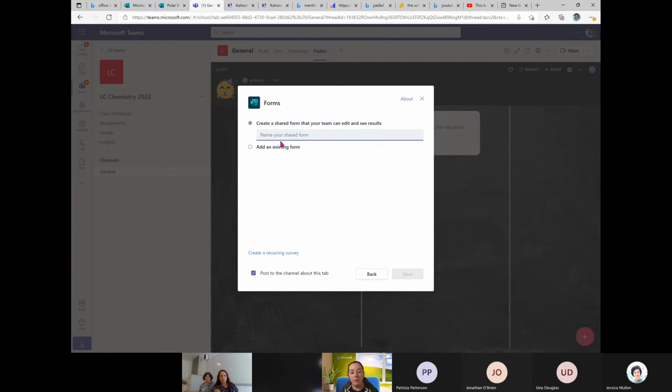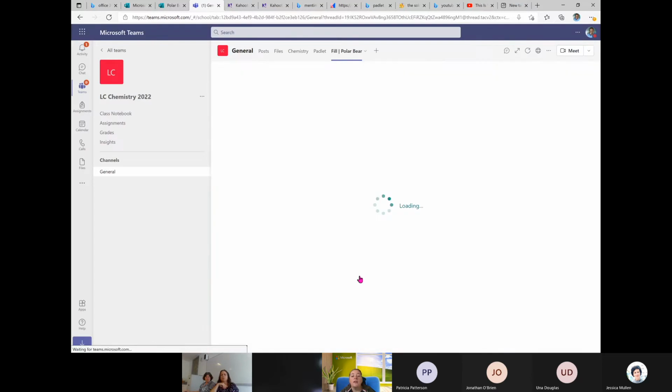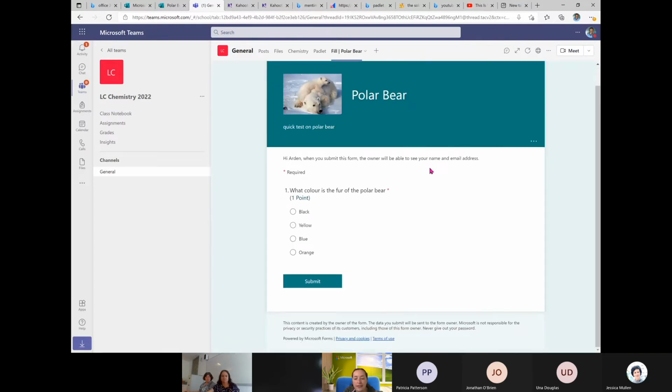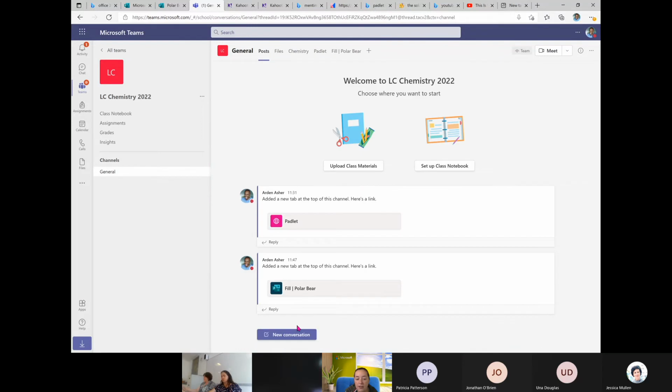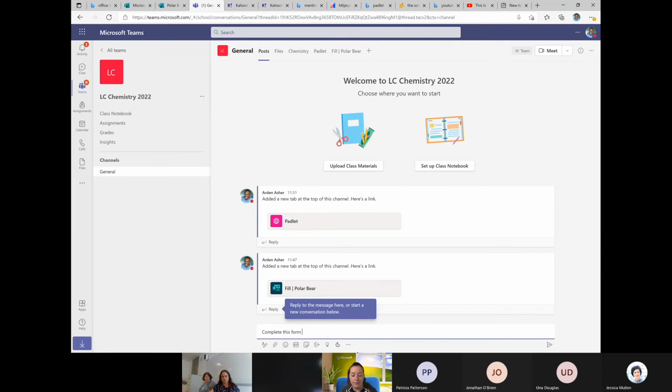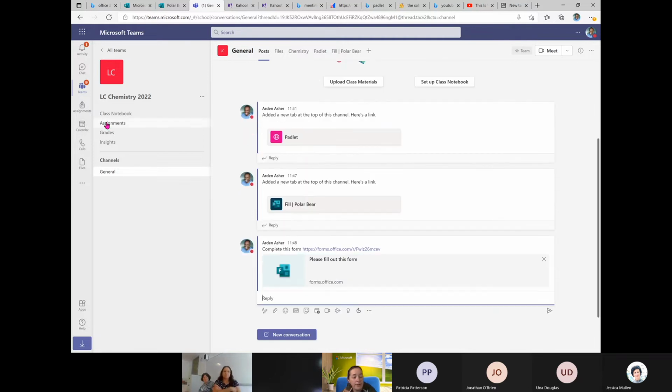So create a form, you can go from scratch again, or you can use an existing form, and you'll see the ones that I've made are there. And I can use my polar bear one and I can collect my responses. Now you could say to the students, click on the tab, answer the question, or you could equally go into a new conversation and say complete this form, give them the link there, or you have the option of going to assignments,